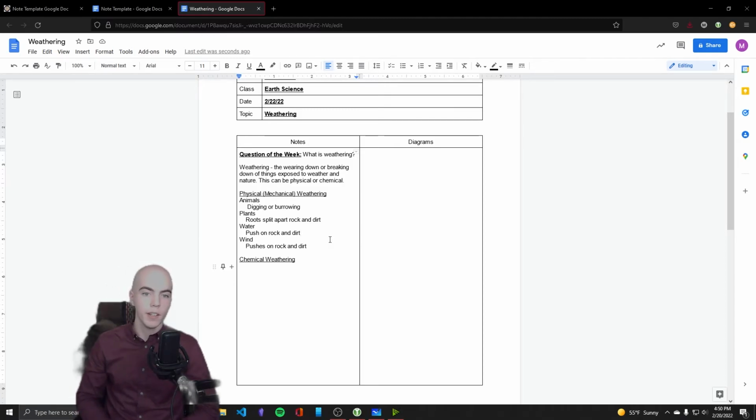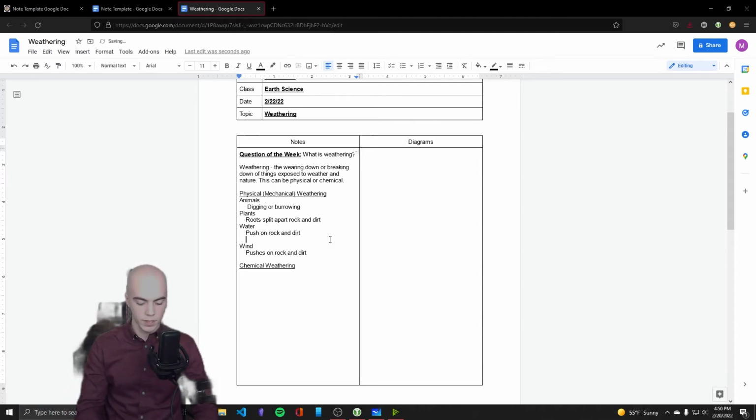And 2 times, no big deal. It's still pretty much close to where it's supposed to be. And 3 times, it's getting a little bit not perfect. Does that 300 times? Sidewalk doesn't look great. So water freezes and expands and splits rock and dirt.